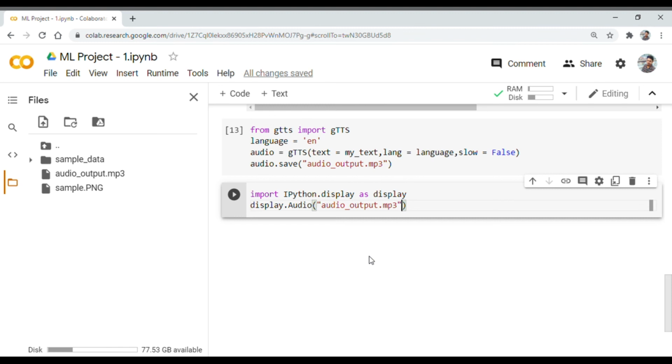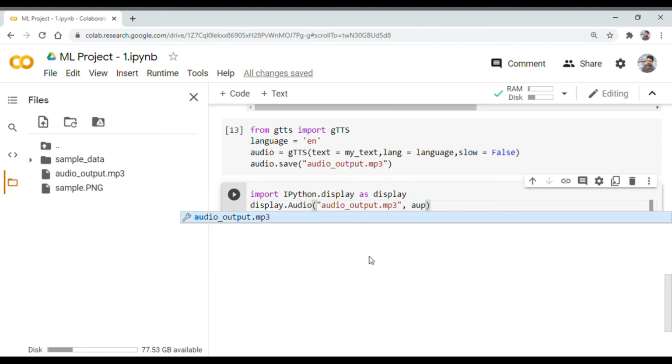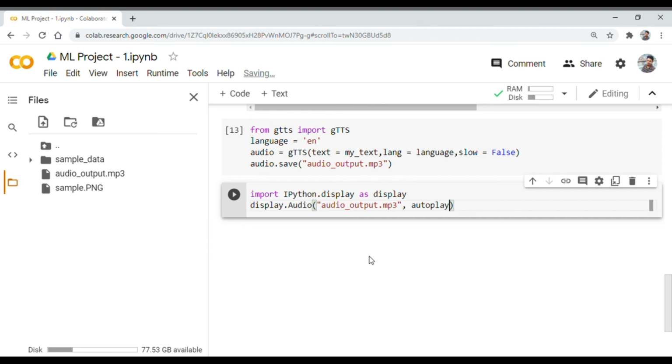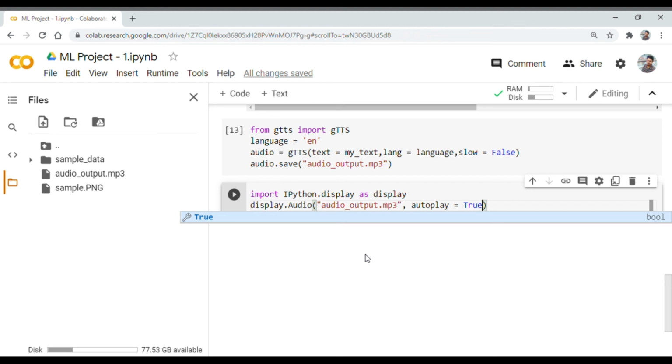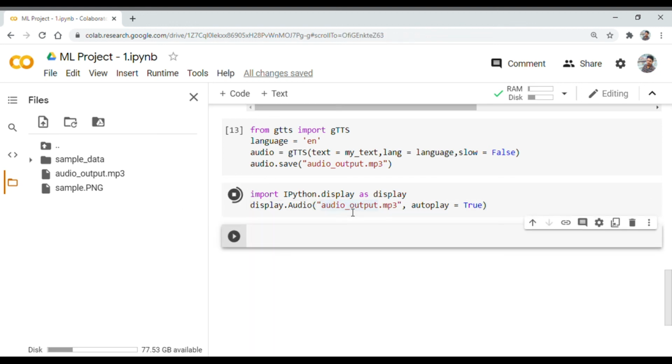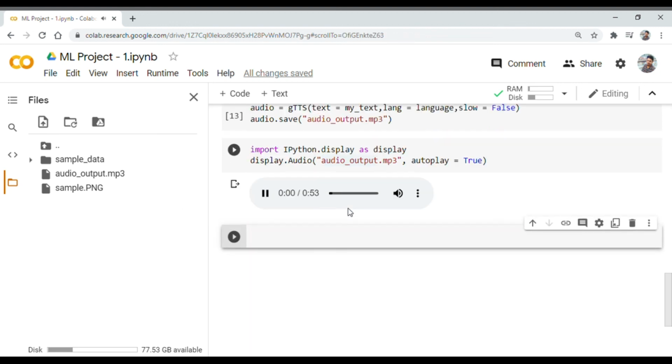Now we have to use autoplay equals to true. So now when we run this, we will be creating an audio player.